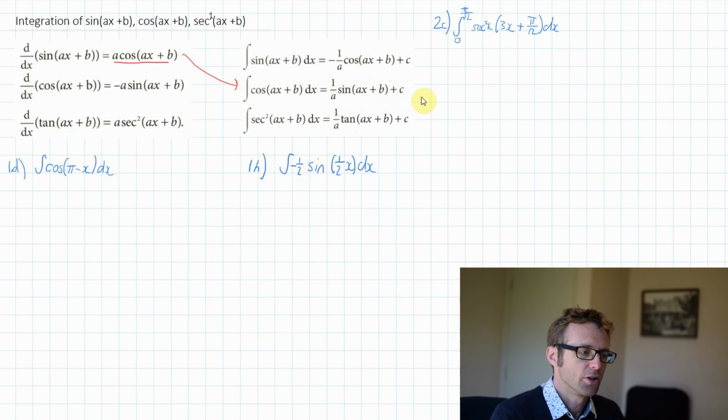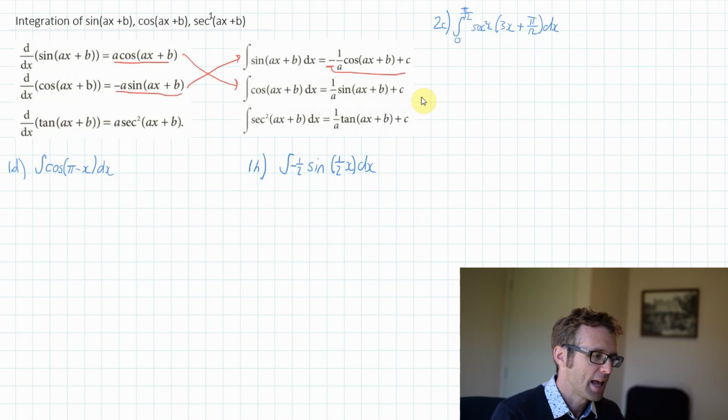When we integrate a cosine function, we get back to a sine function. So this is how it works. Cosine ax plus b, when we integrate that, will get us 1 over a sine ax plus b, plus the constant c. And when we differentiated cosine ax plus b, we got negative a sine ax plus b, so when we integrate a sine function, we get back to a cosine function. So sine ax plus b dx, if we integrate that, we get minus 1 over a cosine ax plus b